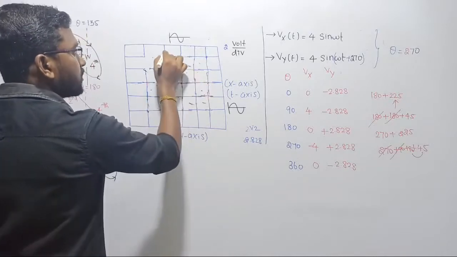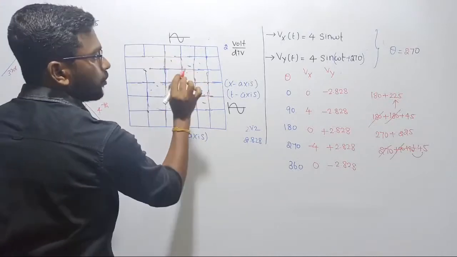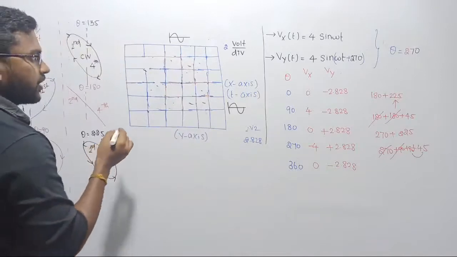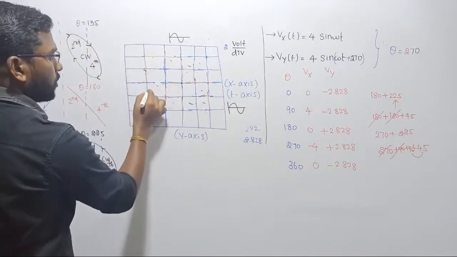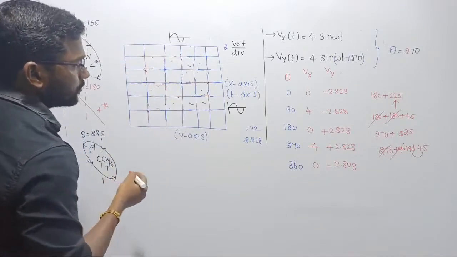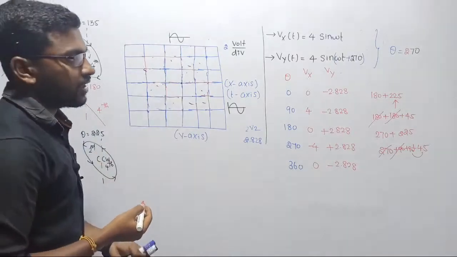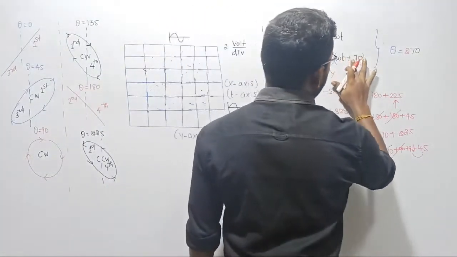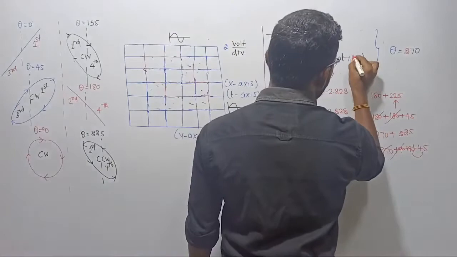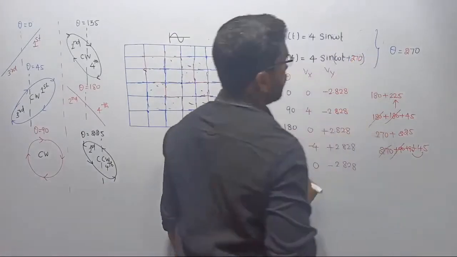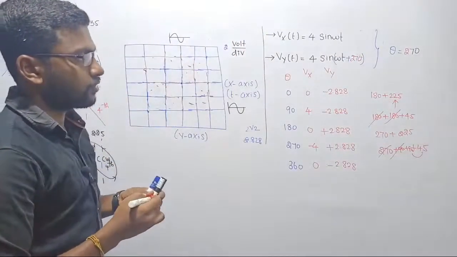98% we can expect. Suppose if they are giving some new signal, now I know you are getting the grip with the concept. Now you know how to draw the pattern. You can simply draw it and you can post your answer. Let's continue the journey again. Let me consider 360 degree. Already we had selected 270, right? We have to draw it for 270. Yeah, we have to draw.